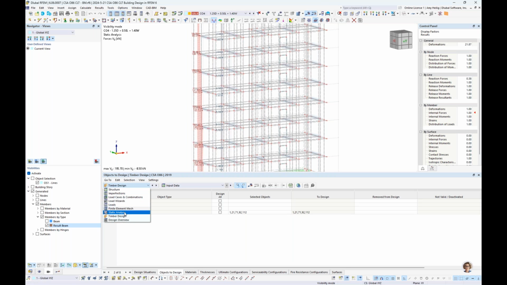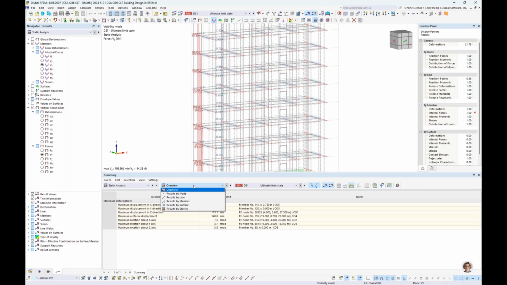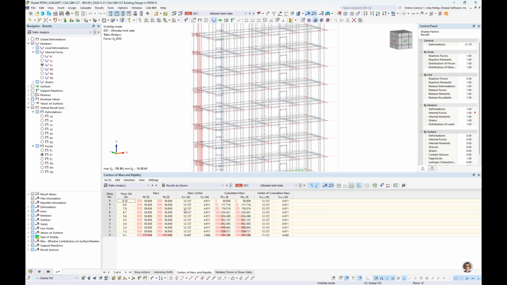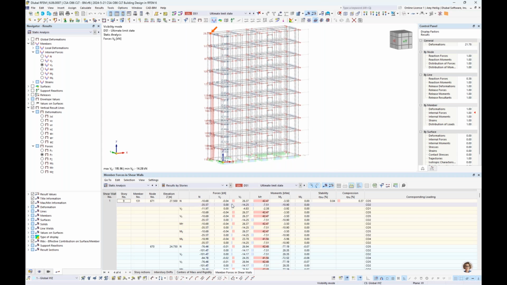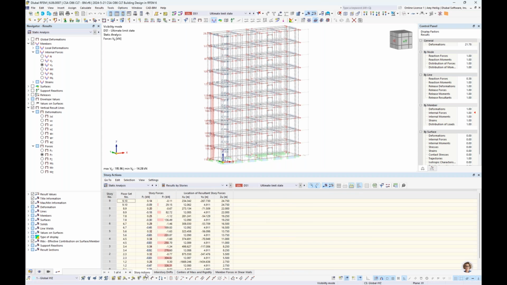So if we take a look at the static analysis with the building model, we also have the ability here to view the results by stories. And here are the member forces in the shear wall. So in table format or graphically, again, summing up the shear forces, maybe the in-plane bending moments. So this is going to be much more user-friendly than trying to determine what are the total forces across this 2D surface element. We also can take a look at the additional tabs here given to us by the building